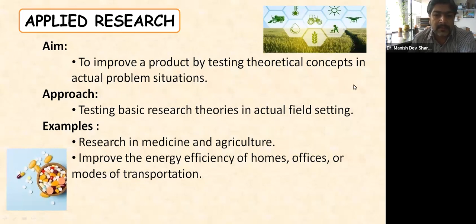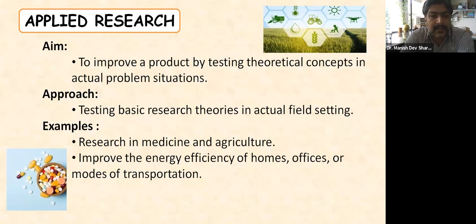So what we are doing here is testing those theoretical concepts in actual situations, finding solutions to actual problems this way. So we are testing the basic research theories in the applied area, in the actual field area. The examples for this case are